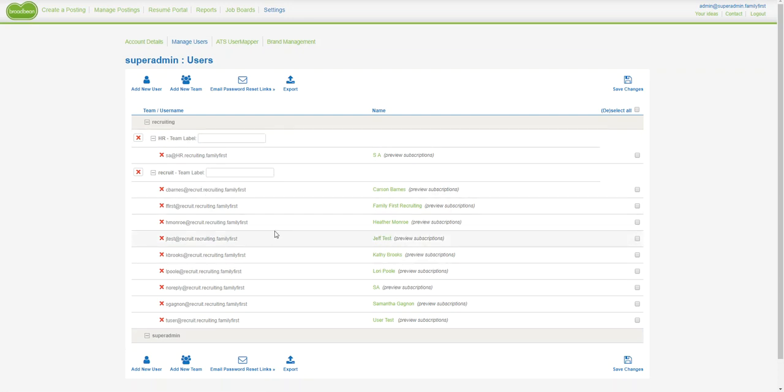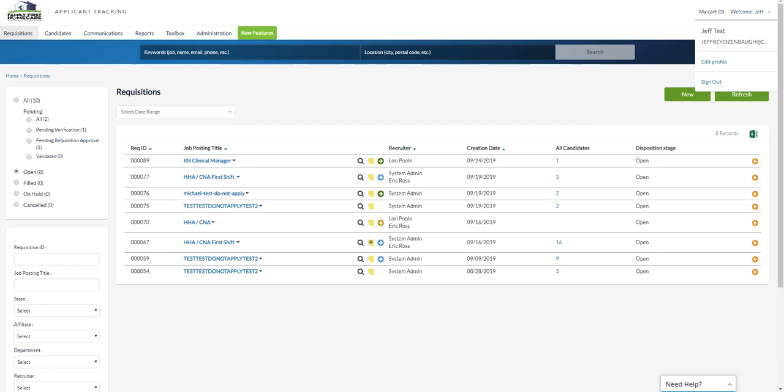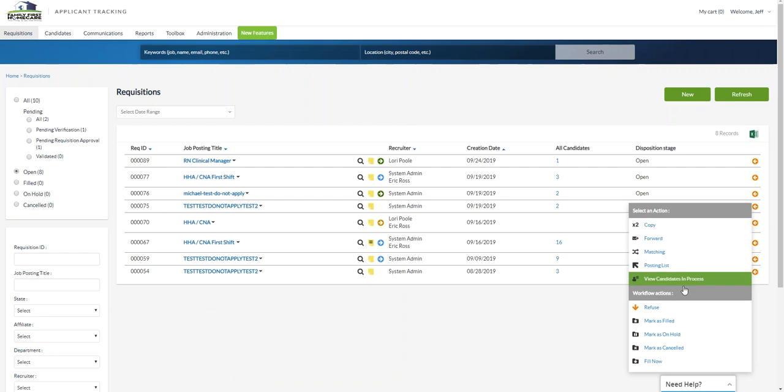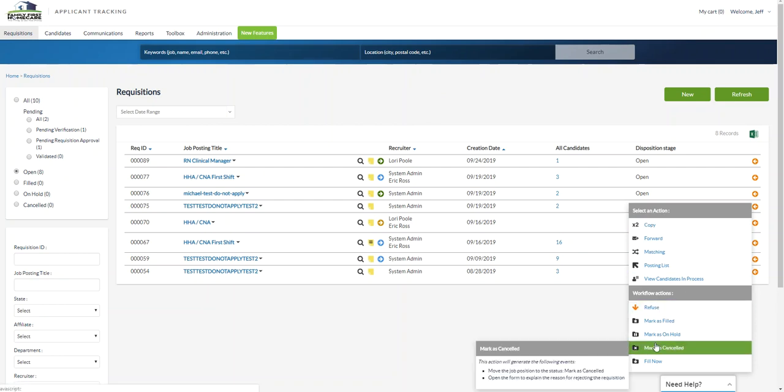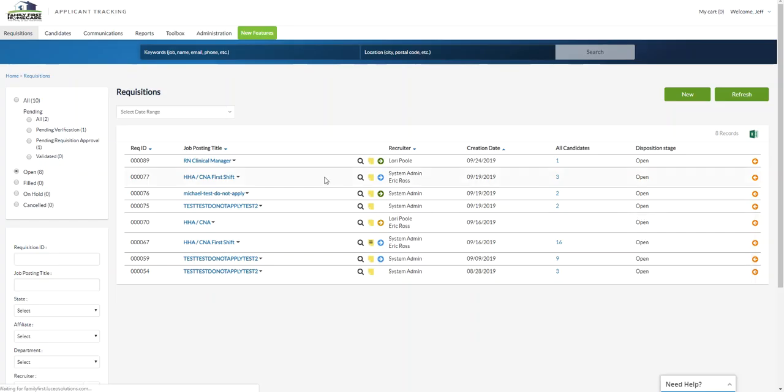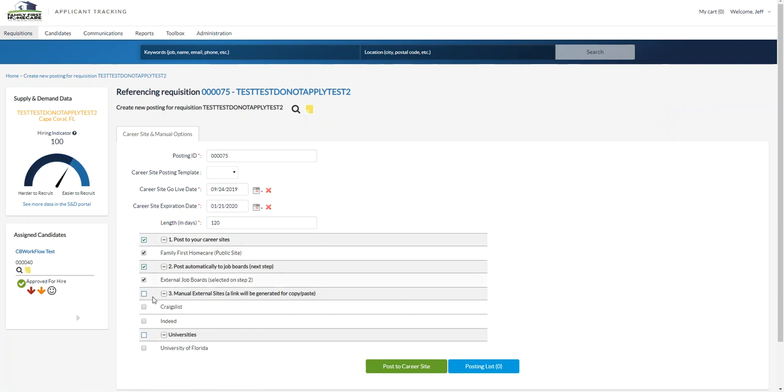So you can see I'm listed in the Broadbean standalone, and the reason that user is listed there is because I created the user in the ATS and automatically associated them as an external Broadbean job posting user. So here is a post or a requisition. If I go to post it and choose the external board,